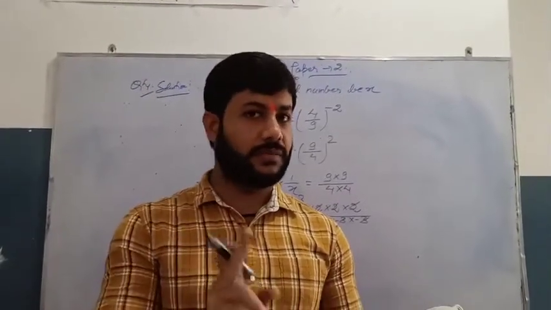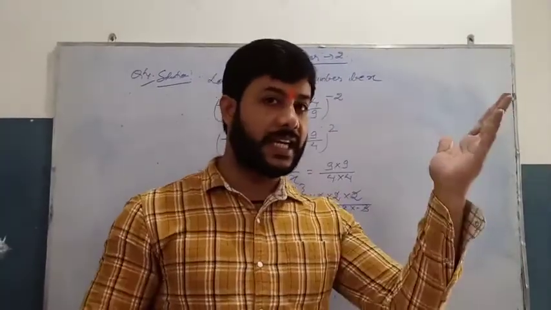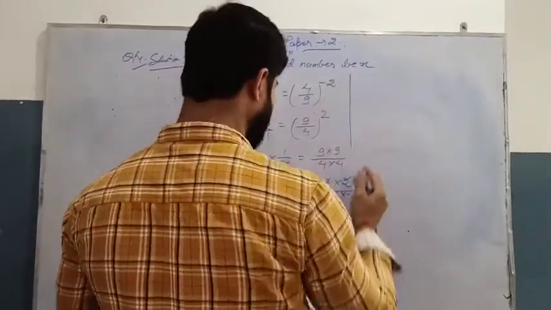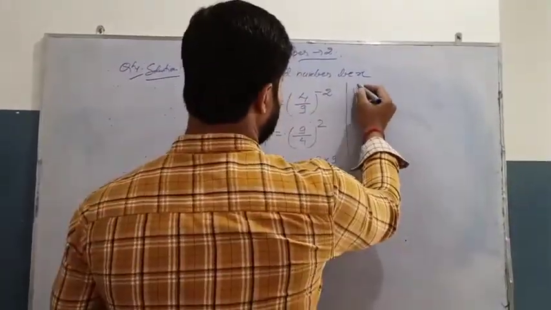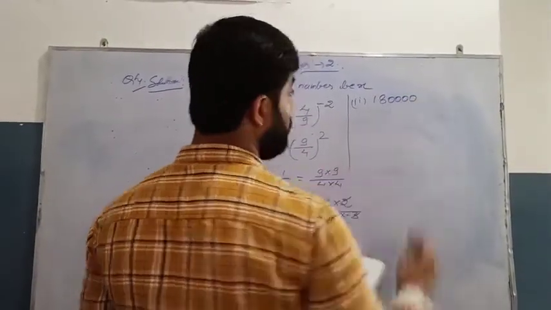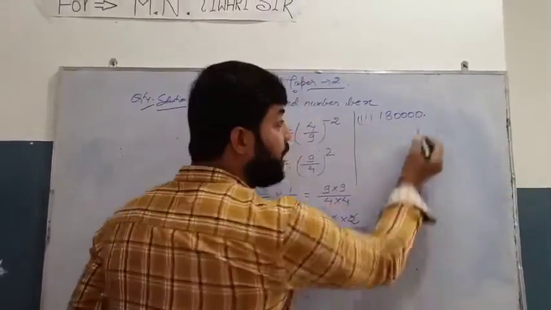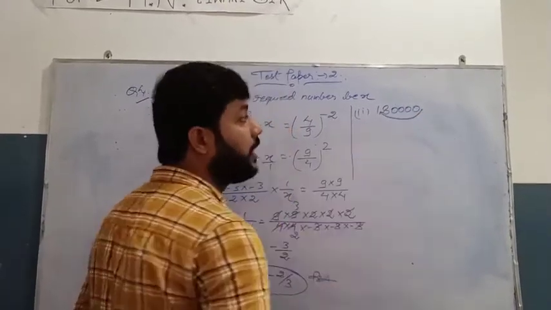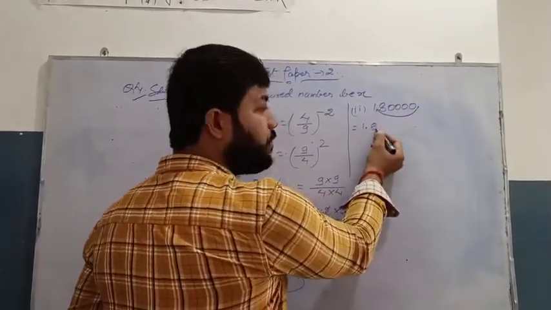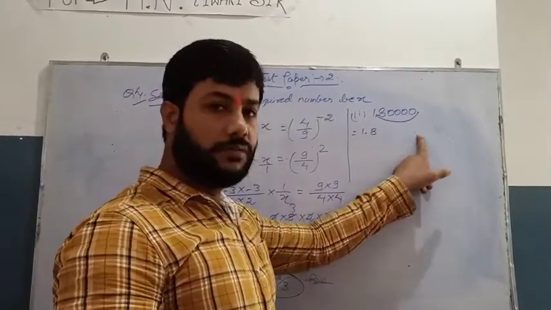You know how to express numbers in standard form. We will leave only one digit at the left hand side of the decimal, putting the decimal there. I will give you one question here, like question number 2, that is 180000. Here we have the decimal at the extreme right side. We have to place this decimal from here to here. So that will be 1 decimal 8. No need to write these zeros after the decimal, because zeros after the decimal have no value.